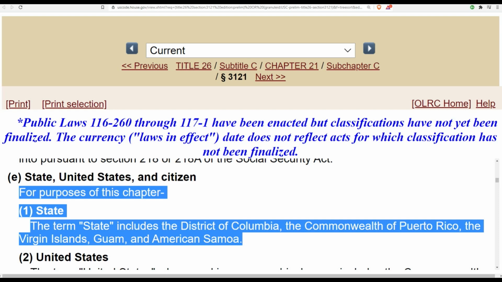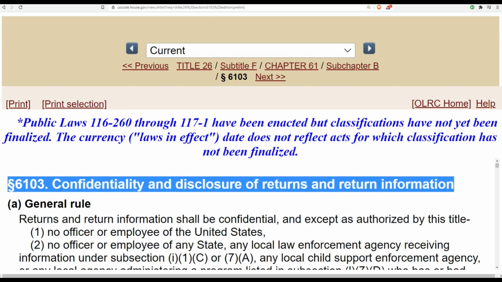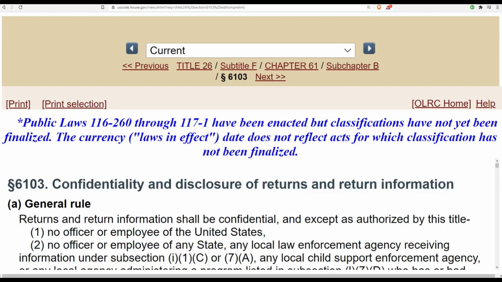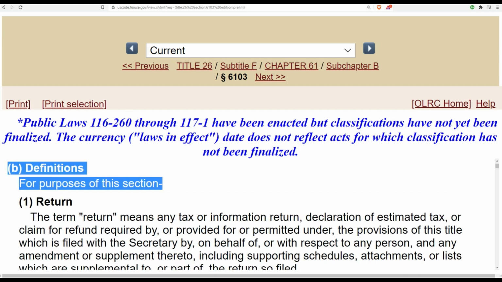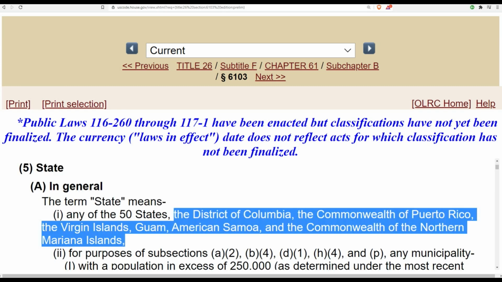Yes, several territories added. Look at another code section we got here, folks. Section 6103, confidentiality and disclosure of returns and return information, right? In Title 26, we go down, 6103, okay, to (b) definitions. For the purposes of this section, look at that.